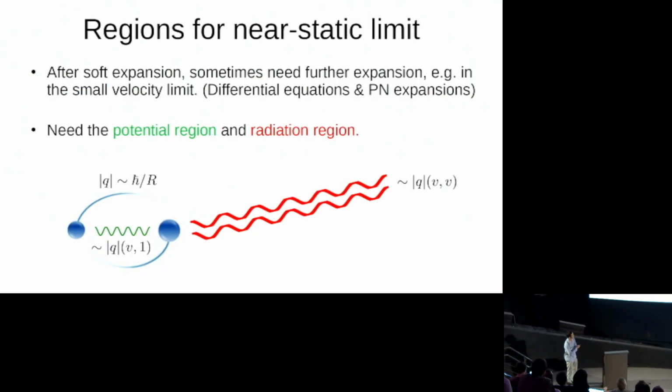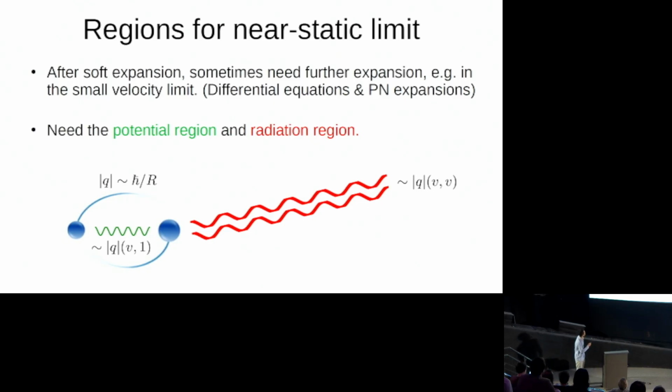Now let's further specialize. You can have regions inside regions, because you can further take limits when the exchange momentum is not only soft, but we also have a small velocity limit where the two bodies are like a non-relativistic system of low velocity. For example, you might want to do this because you want to do the post-Newtonian expansion instead. But even if you are doing the actual post-Minkowskian expansion, it's extremely relevant because it's used for computing the boundary conditions for differential equations, which we will get to later in the talk.